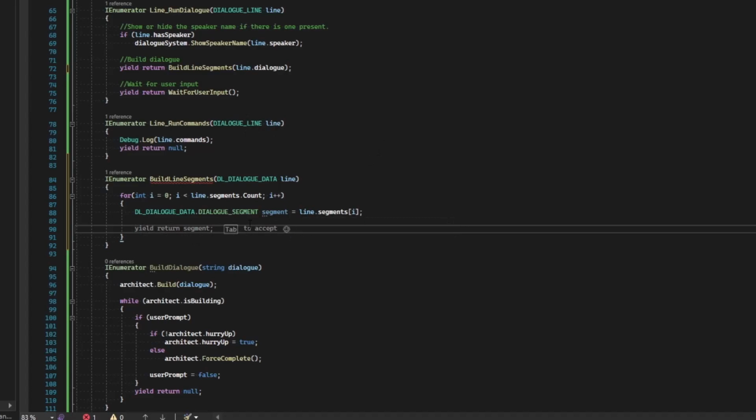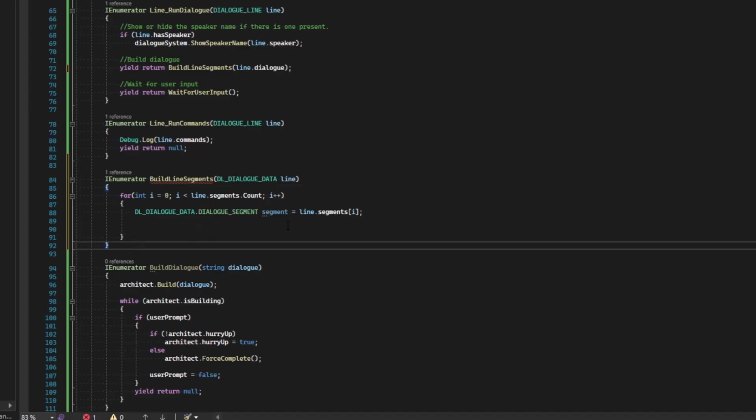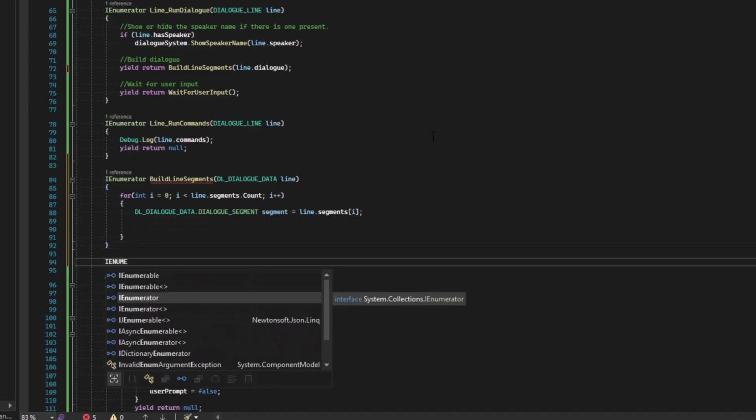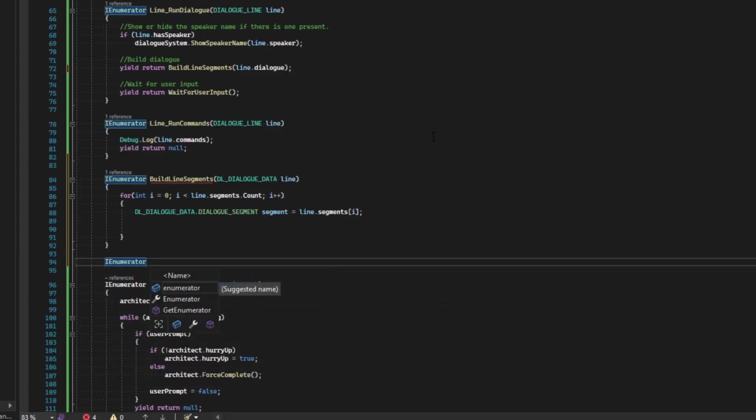So if we have C or A, then we know we're going to be waiting for user input to either click the keyboard or click that button on screen to display it. If we're waiting, we need to yield for whatever time duration, and maybe you'll have more segments than this. Maybe there's more that I haven't thought of. So let's make ourselves a separate function that's going to handle all of these independently. And this will be a fairly small one as well, which is why we'll add it right below here, IEnumerator, and we'll call this wait for dialog segment